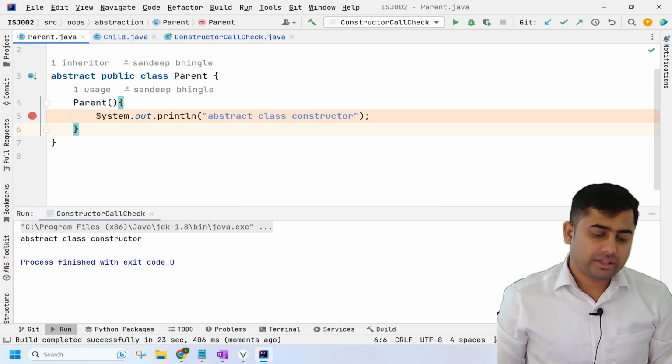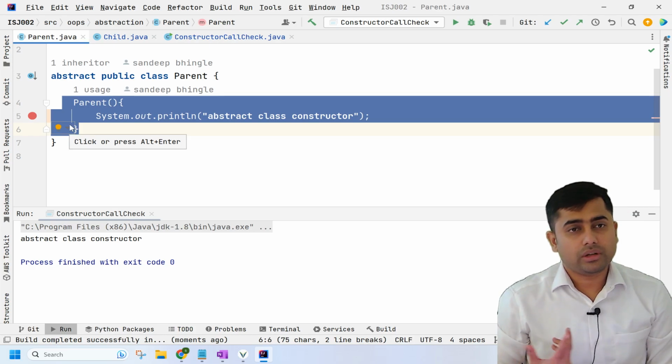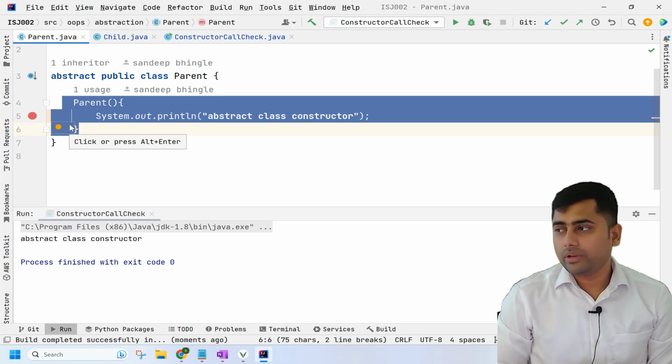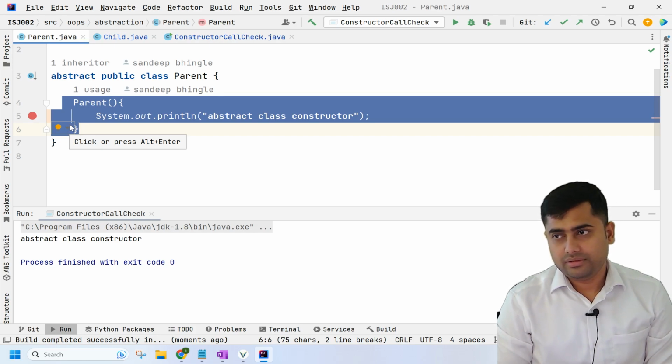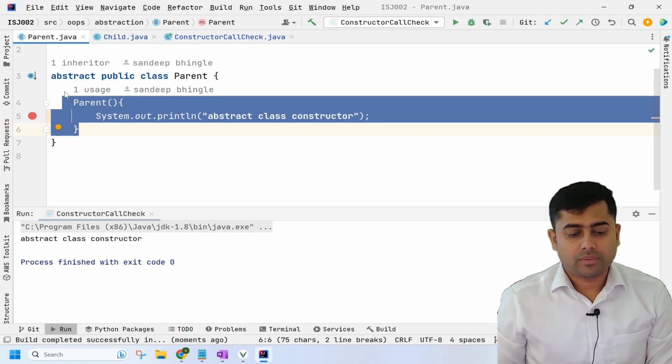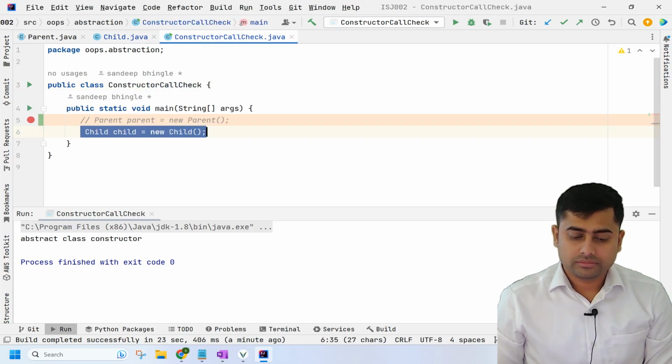So we cannot call the constructor of that because we cannot create the object. Simple as that. If you are not able to create the object, then you cannot call the constructor. Right? तो आपके पास ऑप्शन एक ही है, चाइल्ड क्लास बनाओ और उसका ऑब्जेक्ट बना दो आप।